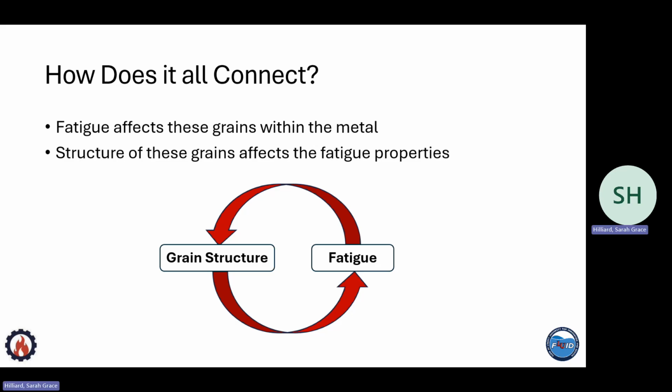So how do these two things connect? Well, first of all, fatigue affects materials on a microscopic scale. So it affects the grain structure of a material. But the grain structure of material also affects how it experiences fatigue. So the size and orientation of the grains in the material change how fatigue occurs. And this happens in a cycle. So as fatigue is occurring, it's changing the grain structure, and the grain structure is, of course, dictating the way